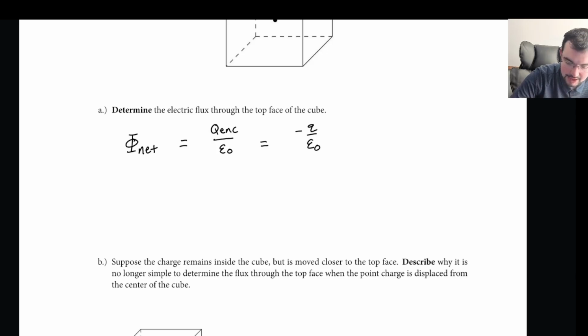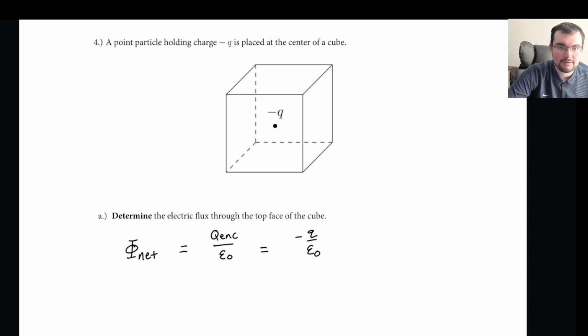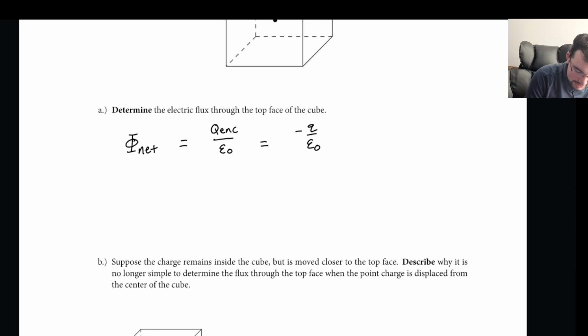Which makes sense, because I don't care if it's a cube or a sphere, it's definitely still a sink going on over here. And if we just want the top face, well, it's at the center of the cube. And no matter how I move this cube around, it's symmetric. So this means that by symmetry,